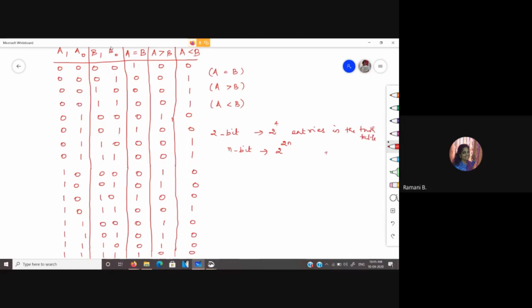Okay, so just imagine if it is simply for a 4-bit number. So for a 4-bit number, you will end up with 2 power 8 entries in the table. So that is difficult for us to do with respect to minimization. Okay, so we will see the logic for that in the next class, how you could implement without writing the truth table. Okay, so I want you guys to find the expression for this and come for the next class.